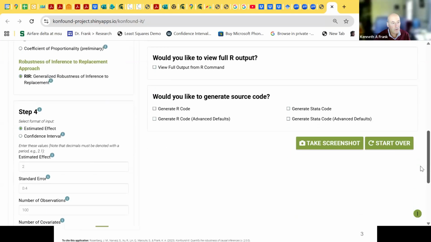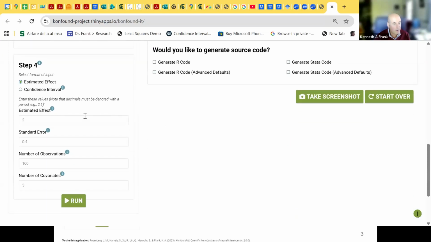And to execute this, we put in the estimated effect, which on the previous slide was 0.548, the standard error, which was 0.038, the number of observations as reported in the article is 24,165. And there was one covariate in the model having to do with the median income. Given that, we can click Run,